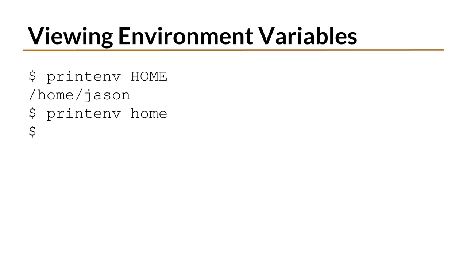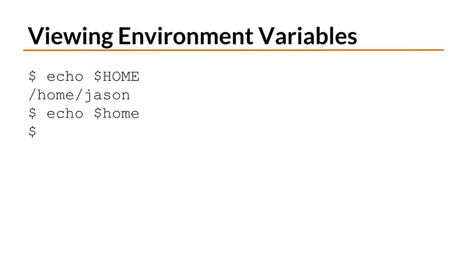By the way, environment variables are uppercase by convention. You can create lowercase environment variables, but you will rarely see that. Another way to display the contents of an environment variable is to use the echo command. With this method, you need to prepend a $ sign to the environment variable name. If you want to look at the contents of the HOME environment variable, you can run echo $HOME. Again, environment variables are case sensitive, so trying to echo the value of $home in all lowercase letters will not